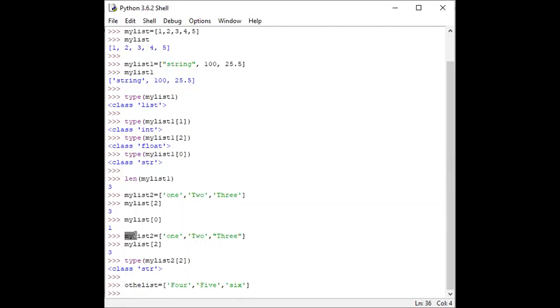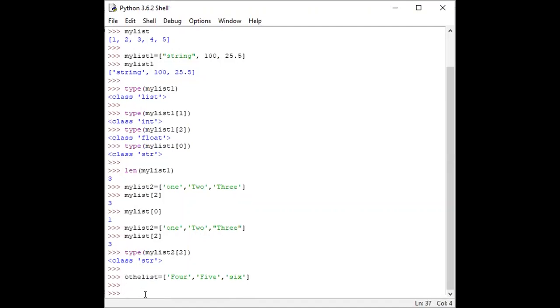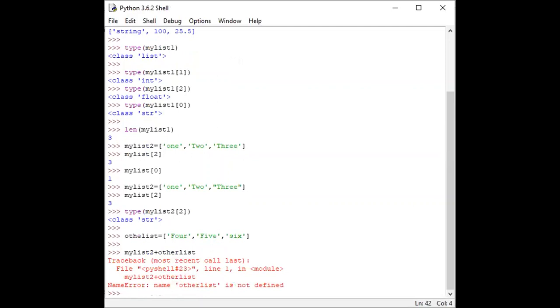The first list is my_list2 and the other list is here. For example, I want to add these lists. It just concatenates all the values of the two lists. For example, I write my_list2 plus other_list. Let's check. I think I wrote something wrong.